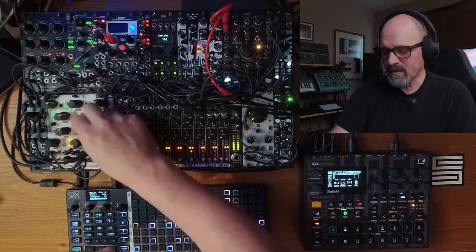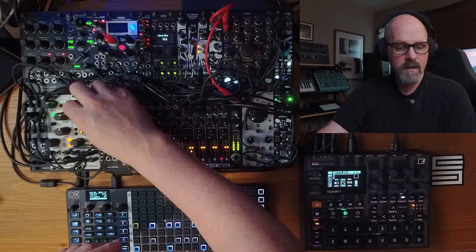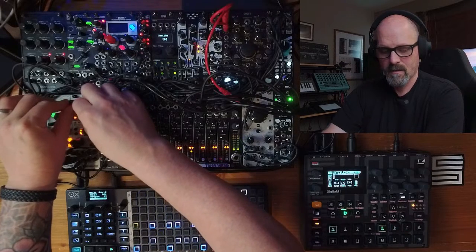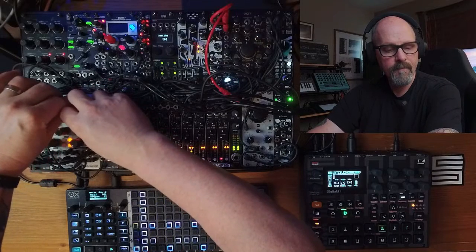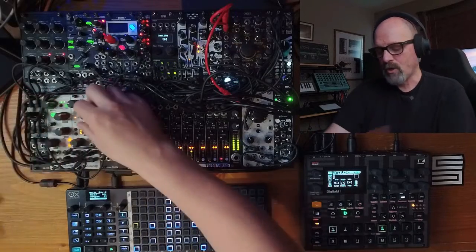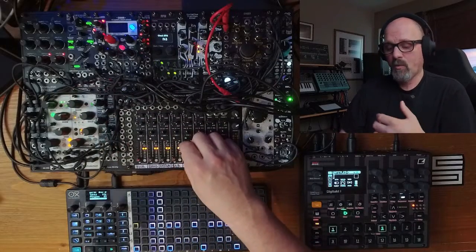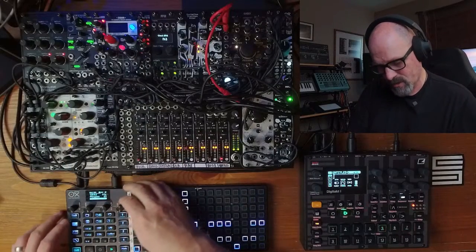So this one is a bell tone. So I'll take the effects out totally. So you can hear with the bell tone, it gets much more tonal, right? Now, this is a pure sine wave. So with this, you have a ton of flexibility to mess with stuff. I'm actually gonna pitch this down just a little bit because